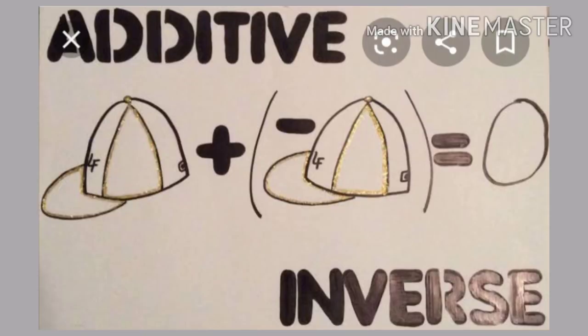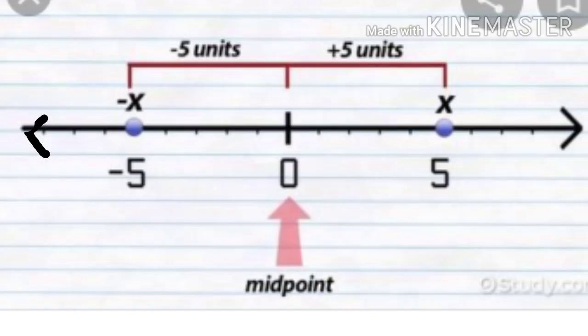Now let us see about an additive inverse. The additive identity 0 separates the number line into positive and negative integers. We have plus 1 and minus 1, plus 5 and minus 5, minus 15 and plus 15, etc. on opposite sides of the number line that are equidistant from 0. Such integers on either side of 0 are called opposites of each other. In fact, we find that the opposites added together always give the value 0.